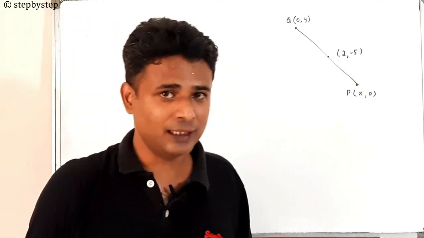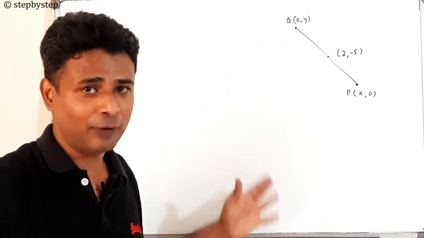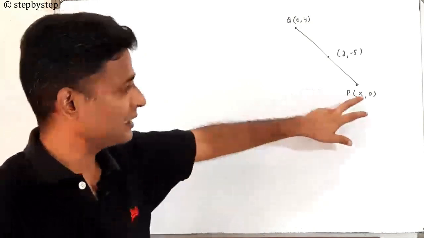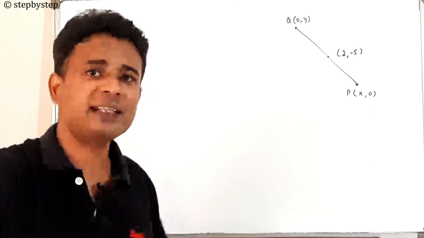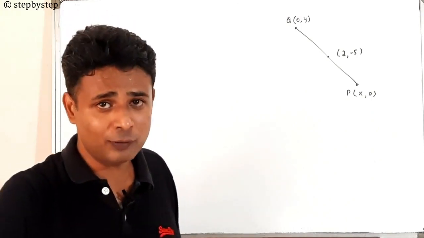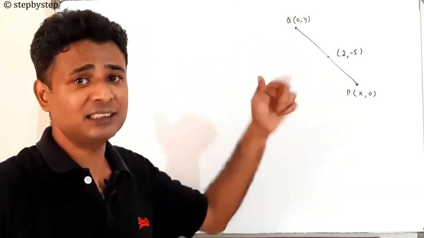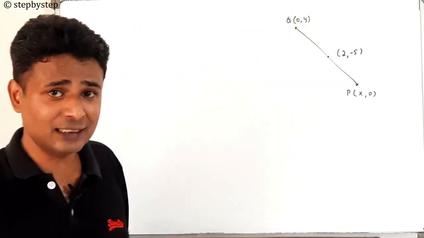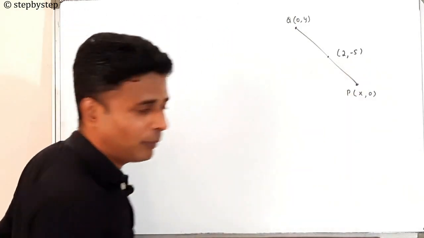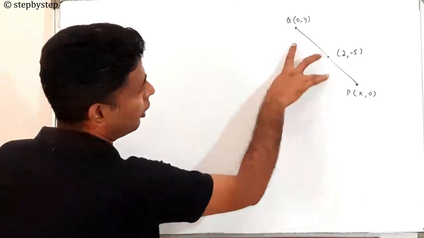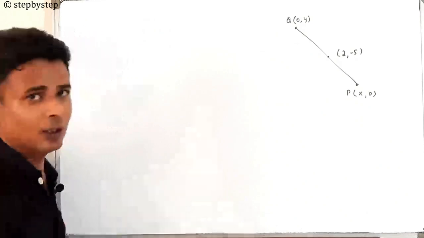Alright guys, the last question in the test. What they had given you was that PQ intersects the x-axis and y-axis at some point. Let's say P is intersecting the x-axis, what will be the coordinates? X comma 0. On the x-axis, the y value is always 0. And let's say Q was intersecting on the y-axis. What will be the coordinates? 0 comma y, because on the y-axis, x is always 0. And then they have given this point 2 comma minus 5 as the midpoint of PQ. And we have to find the coordinates of P and Q. Very simple.